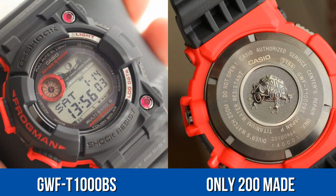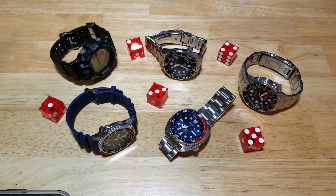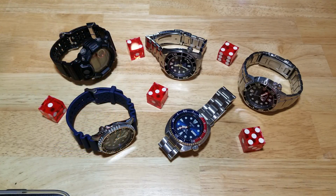But probably two of the most realistic super rare ones are the 30th anniversary lightning yellow, and I'll go ahead and put that on the screen for you. And that's model number GWF-T1030E-9, and that looks like it's going for about $6,000. And there's another one even more expensive than that, and I think that is the, yeah, that is the